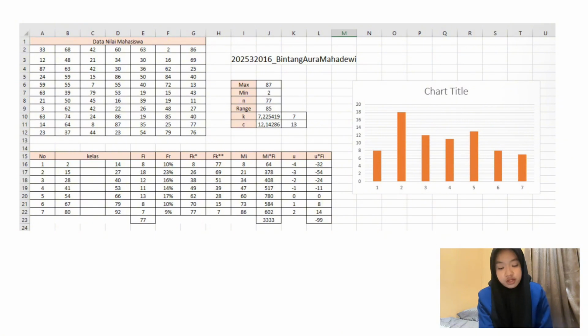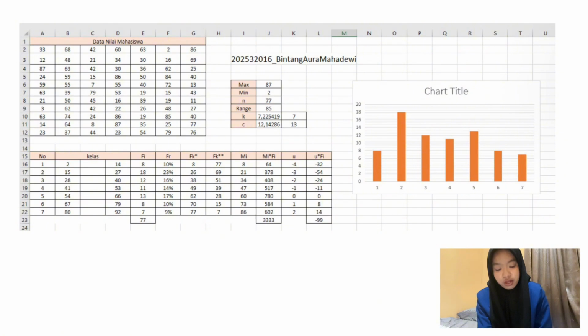The frequency distribution table for the dataset of 77 student scores has been successfully constructed through 6 systematic steps using Microsoft Excel. The resulting table contains 7 class intervals, each with a width of 13, spanning from 2 to 87.